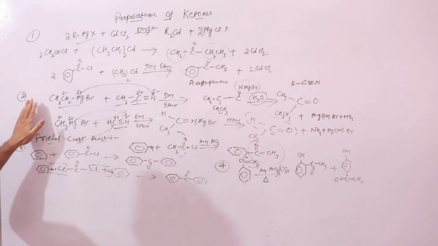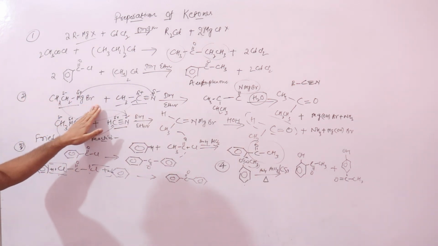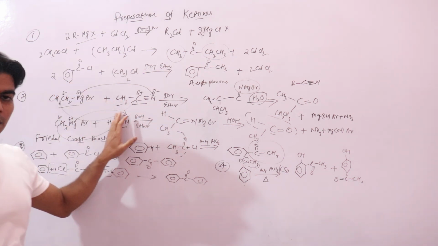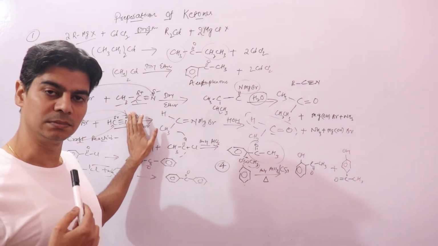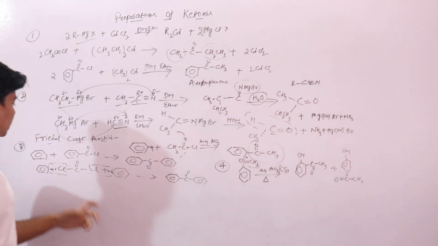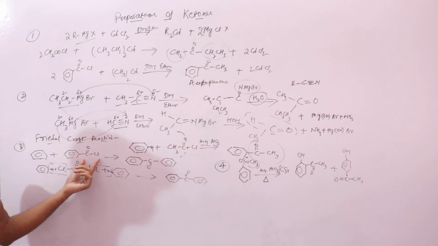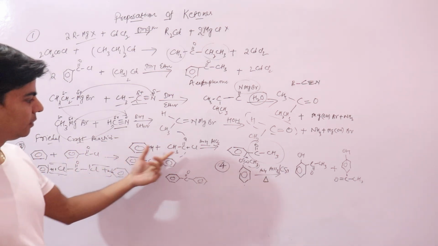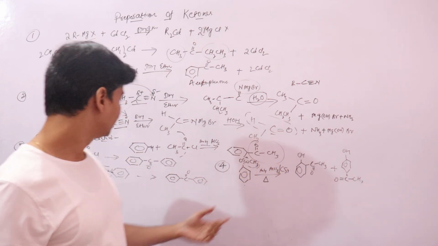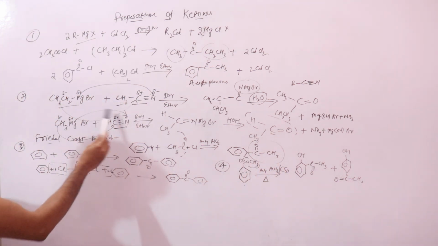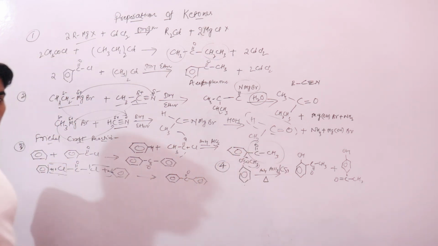Now if you come to this second, ethyl magnesium bromide with acetonitrile, that means when we react Grignard reagents with nitriles, it will form your ketones, right? Then your Friedel-Crafts reaction, which is a way to introduce an alkyl or acetyl group into the benzene ring, will form ketones, right? Whereas one important reaction here is when you react Grignard reagent with HCN, it will form an aldehyde. You will not get a ketone if you use hydrocyanic acid.